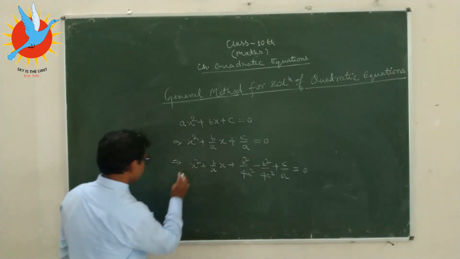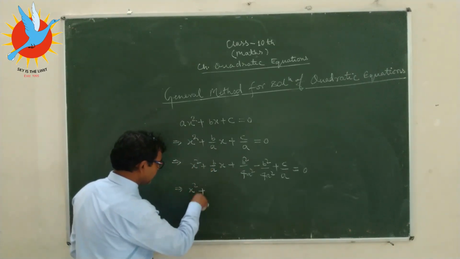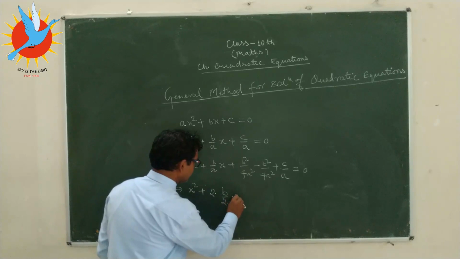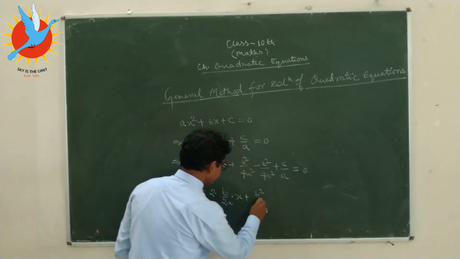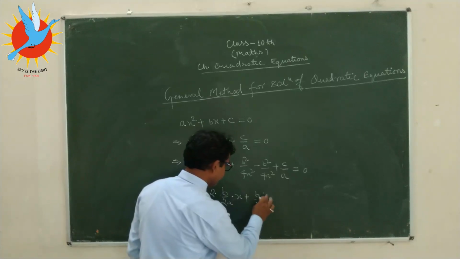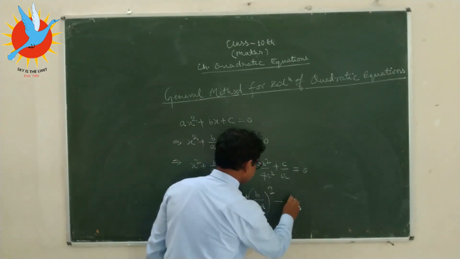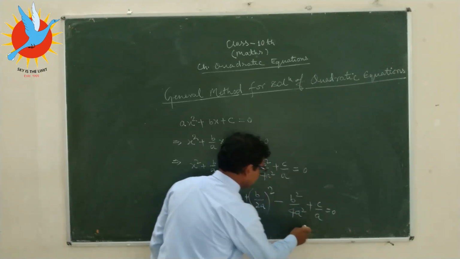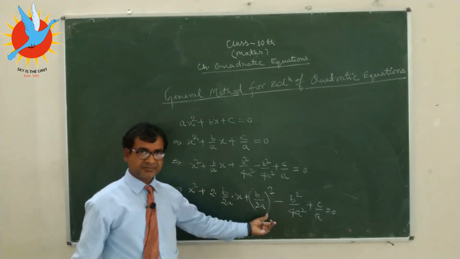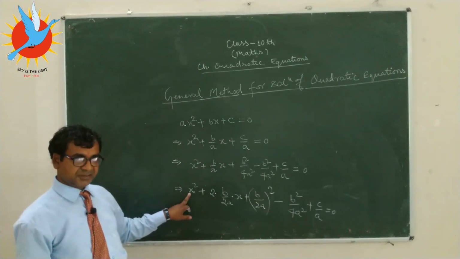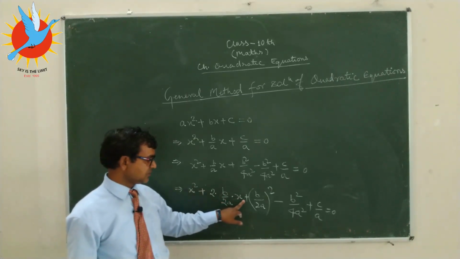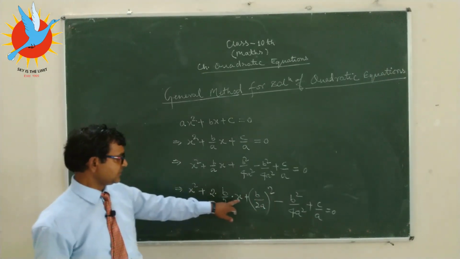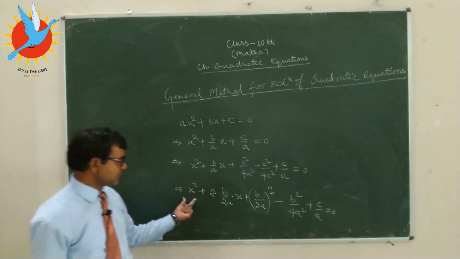Therefore, this can be written as x square plus twice of b by 2a into x plus b by 2a whole square minus b square by 4a square plus c by a equal to 0. See here, this is x square plus b by 2a whole square plus twice of first and second. So this can be written as